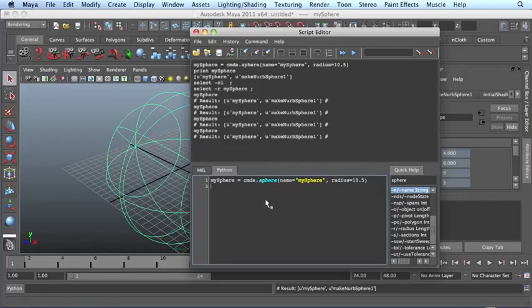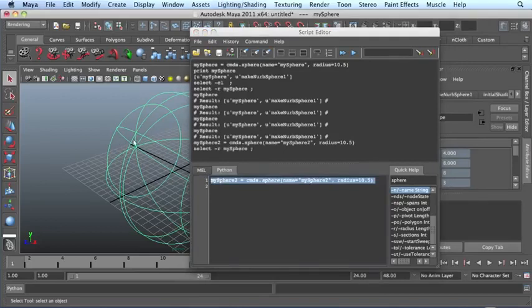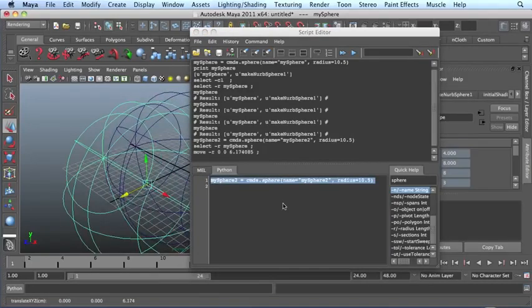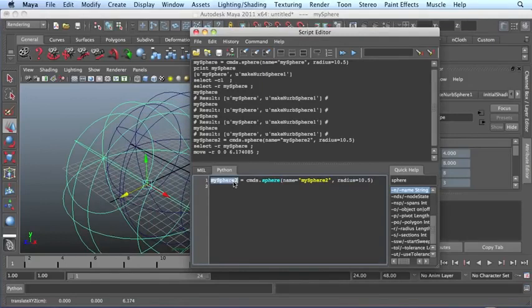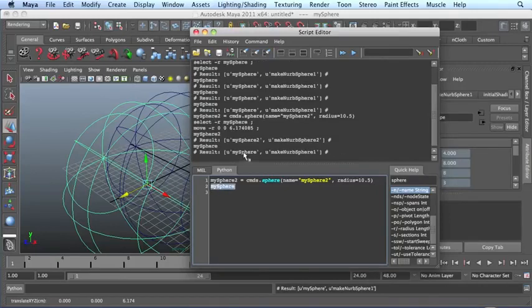And what I can do is I can add a 2 on here, run this again. Actually, I'm going to call this 2 as well. Run this again. It made another sphere. I kept them in the same spot, but it made 2 spheres. And if I hit enter on this, we've got a second set, right? And we didn't delete, we just kind of erased the text for it, but we still have this my sphere list. So we've got the first one,